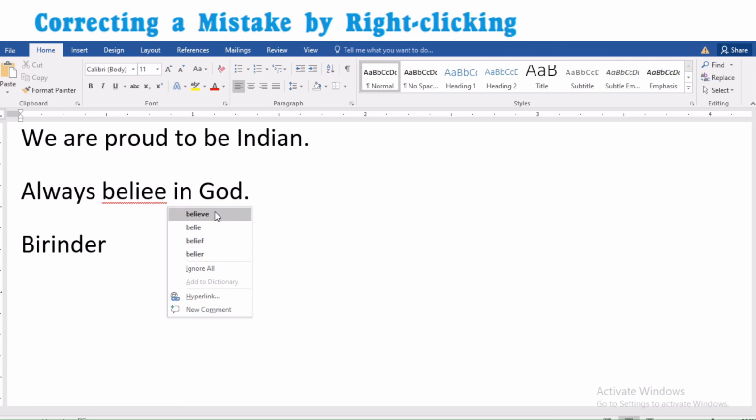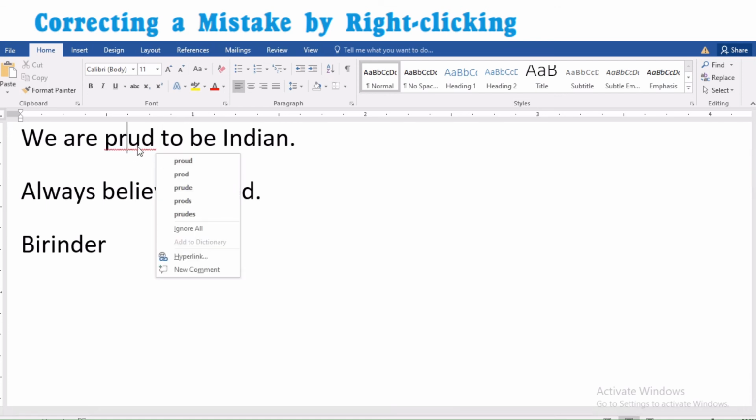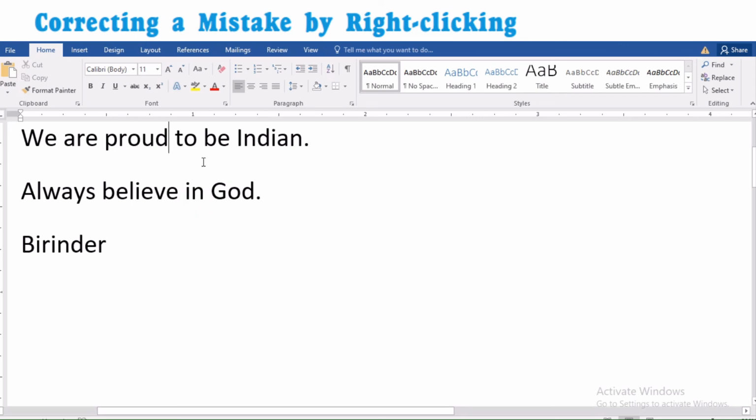I know there should be "believe," so it will change. Now again, if I make one mistake in my word "proud," and again right click, it will show me different words, and I can choose the correct word in this way. So in this way, by right clicking also, we can correct the mistakes.